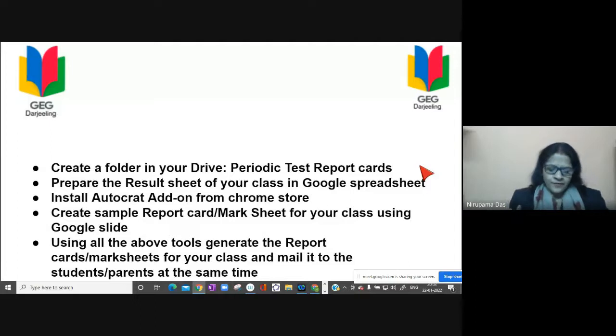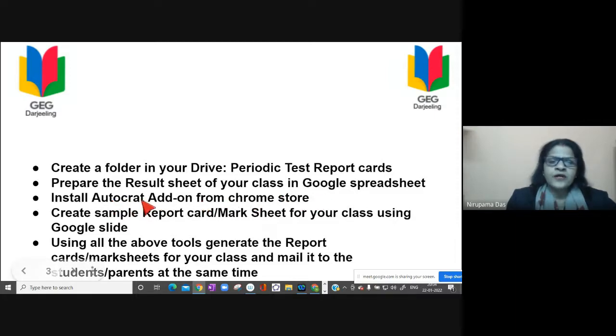So there are only 4 steps we can go through. First, create a folder in your drive. I have just named it periodic test report cards. Second step, prepare the result sheet of your class in Google Spreadsheet. Third step, install the Autocrat add-on from the Google Chrome Store.